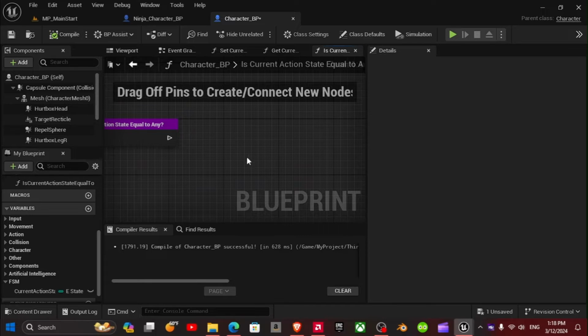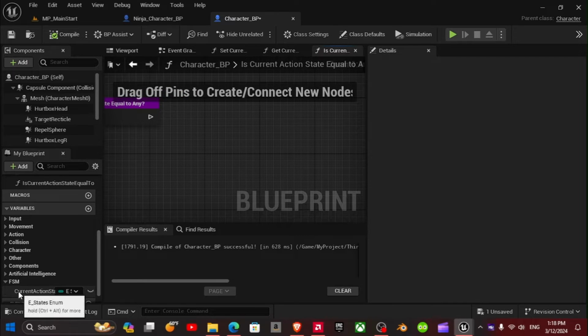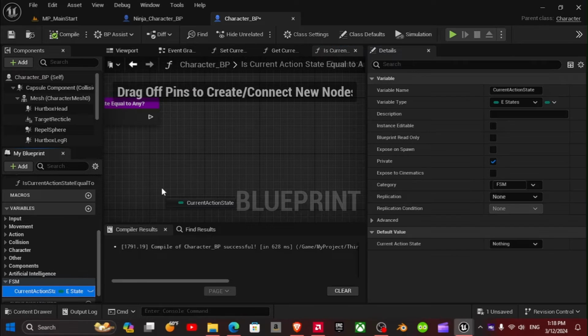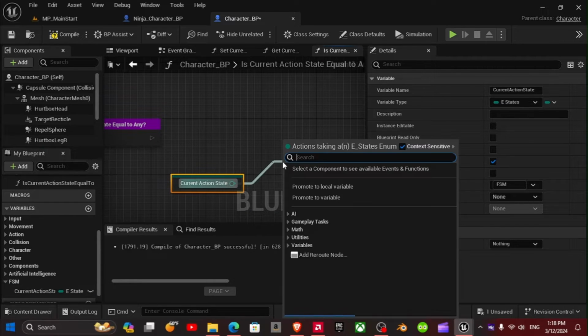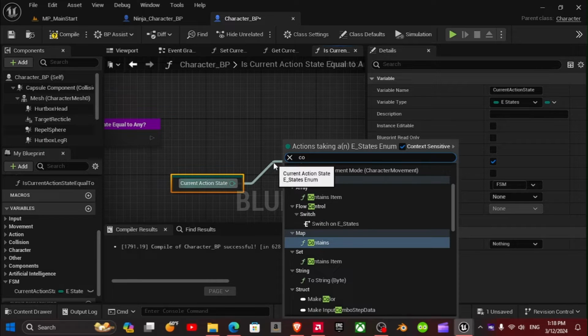And the last one is current action state equal to any? Again, control key to get current action state. Only this time, we need something to contain it.